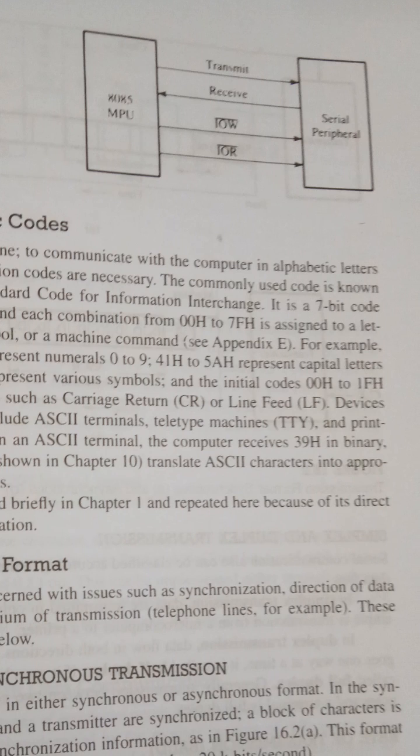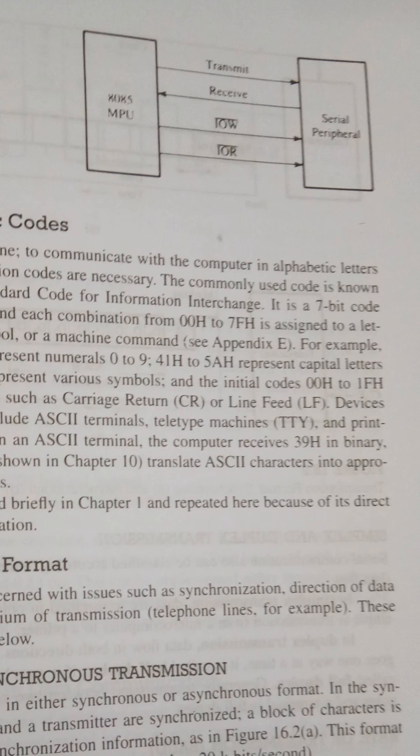The primary difference between parallel IO and serial IO is the number of lines that are used for the data transfer. In serial, a single line will be there. In parallel data transfer, multiple lines, parallel lines for IO, will be there. The MPU, that is our microprocessor, selects the peripheral using a chip select signal and uses control signals to read or receive the data and write to the transmit data. The address decoding can be either peripheral IO or memory mapped IO. Memory mapped IO and peripheral IO are two different techniques for IO address and memory address generation.